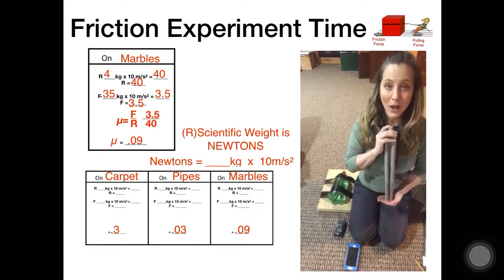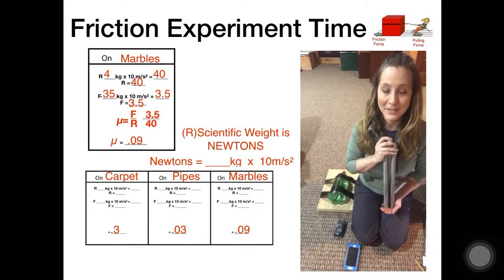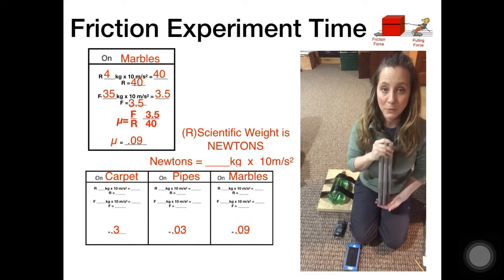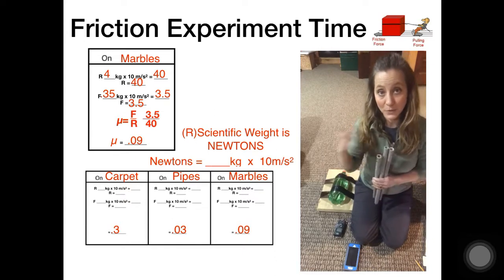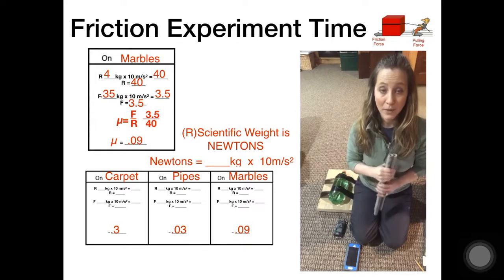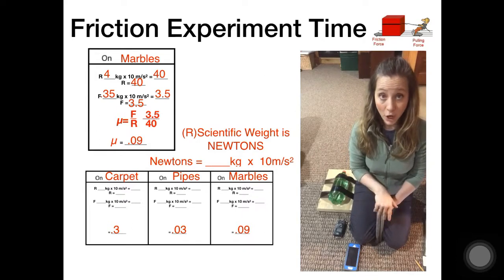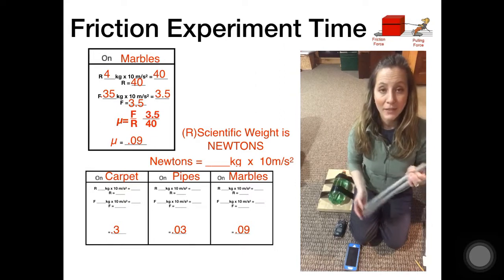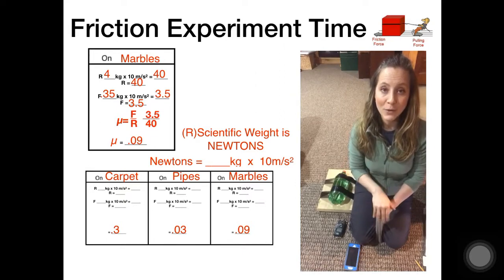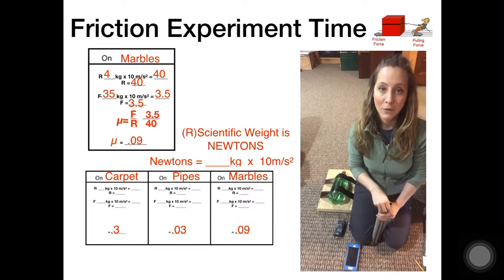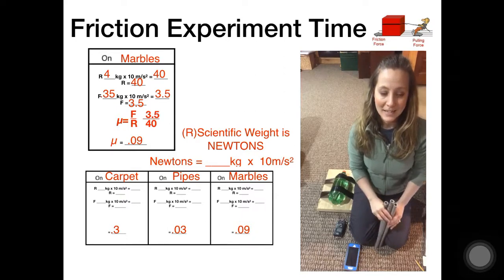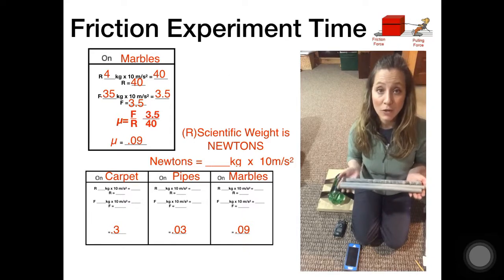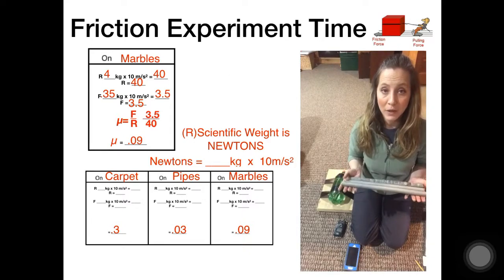Now I'm not sure what you chose for your hypothesis, but you will need to finish filling out the experiment worksheet, which one was the least, which one was the most. So the one that had the most friction was obviously the carpet. The one that had the least amount of friction was the pipes. And then I want you to tell me if you were right or if you were wrong about your hypothesis. And to maybe give you a little bit of explanation, if you chose marbles thinking that they would have the least amount of